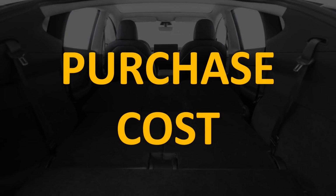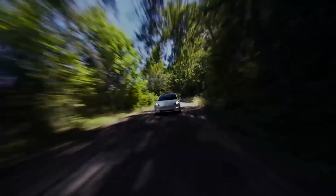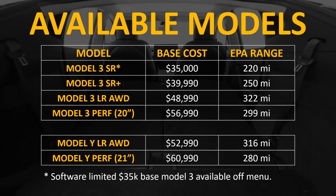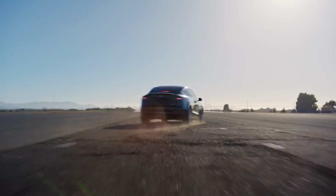First of all, I want to cover the purchase cost and the variants that are available for these two vehicles. The Model 3 is available officially in 4 variants, with 3 being shown on the website. The $35,000 standard range Model 3 can be purchased off menu, which is a software-locked standard range plus. On their website, you can currently order a Model 3 Standard Range Plus for $39,990, or the Long Range All-Wheel Drive model for $48,990, or the Performance model with the Performance Upgrade Package for